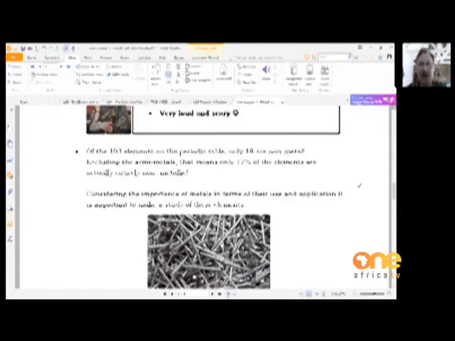Okay, of the 103 elements on the periodic table, only 18 are non-metal. So if we exclude the semi-metals, or as we refer to them there, the metalloids,